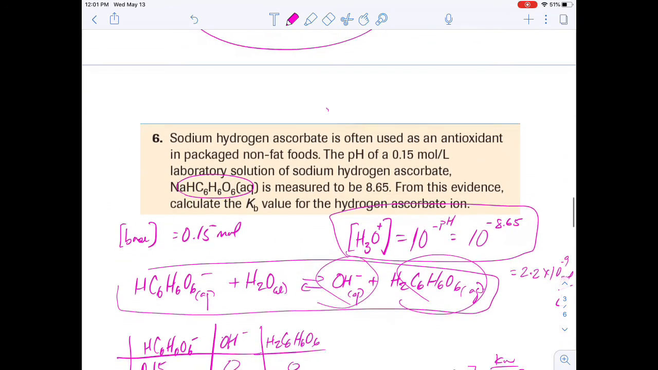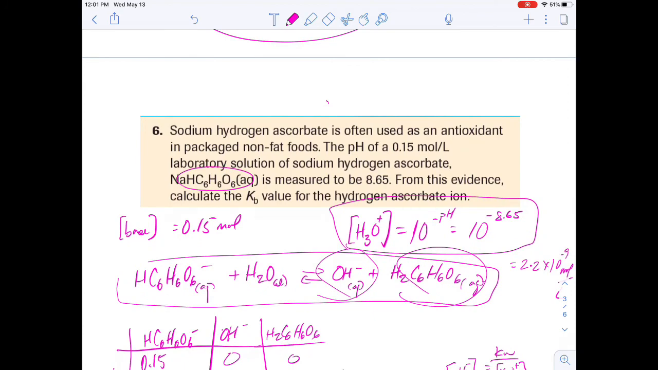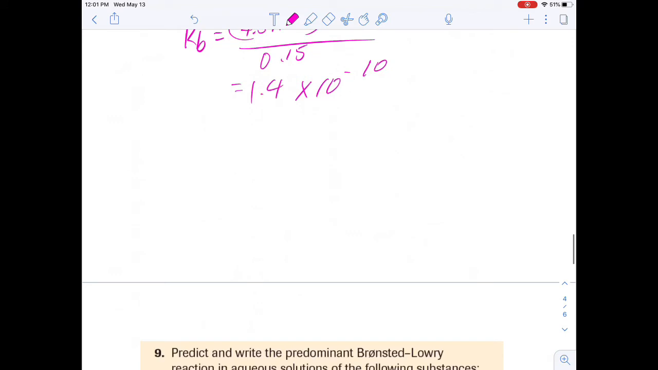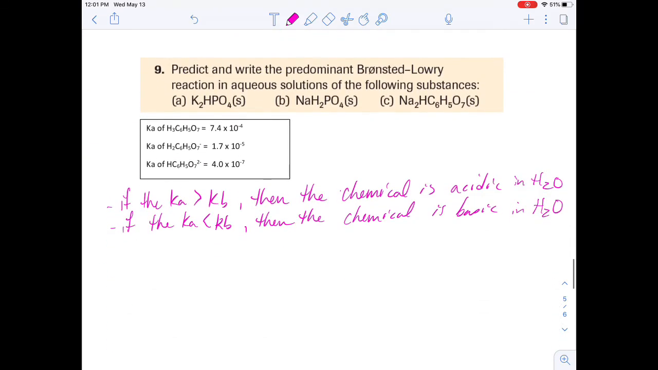So experimentally, that's what I would find out for this, and I need to actually use the experimental evidence to find it. Now the last question asks a bit of a weird question. So it says, predict and write the prominent Bronsted-Lowry